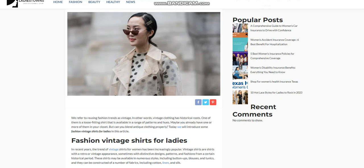Vintage shirts are shirts with a retro or vintage appearance, sometimes with distinctive designs, patterns, and fashions from a certain historical period. These shirts may be available in numerous styles, including button-ups, blouses, and tunics, and they can be constructed of a number of fabrics, including cotton, linen, and silk. To create a fashionable and distinctive style, vintage shirts may be worn with a range of various bottoms, including jeans, skirts, and pants. They are adaptable and ideal for any event because they can be dressed up or down depending